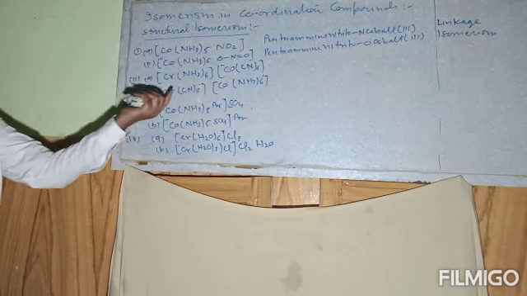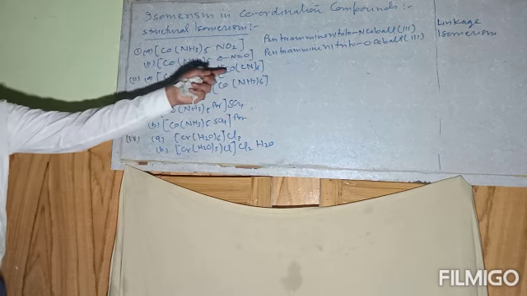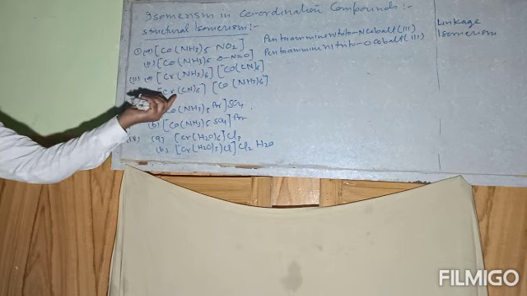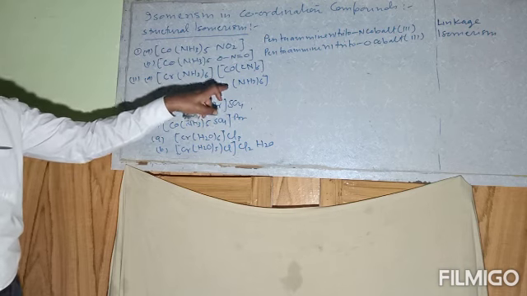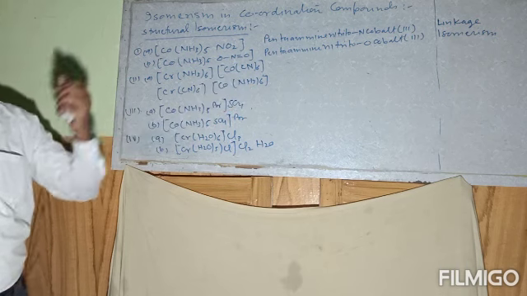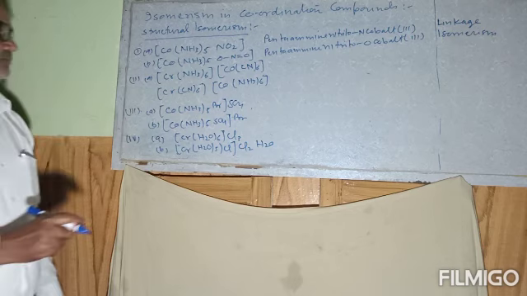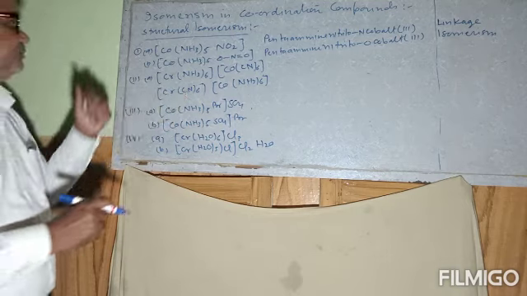And in this compound, cyanide ligands are coordinated with chromium, here with cobalt and here with chromium, and cobalt is coordinated with nitrogen of ammonia. This is an example of coordination isomerism. The names of the compounds are